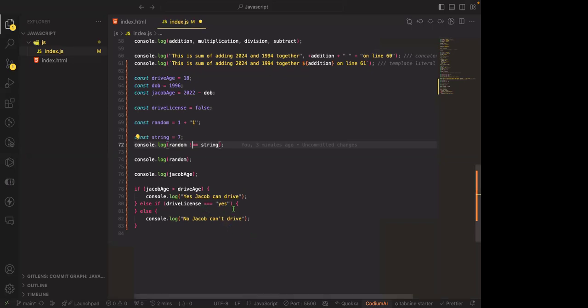By the next class we'll get to DOM manipulation, that's the Document Object Model. So I said right here that if driver's license equals true, you just say